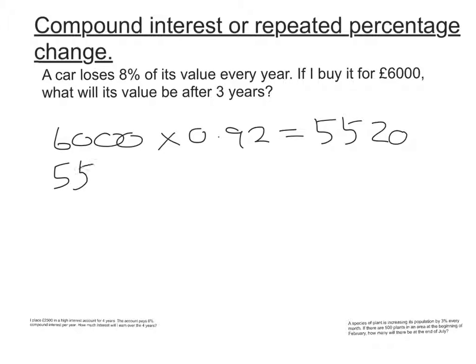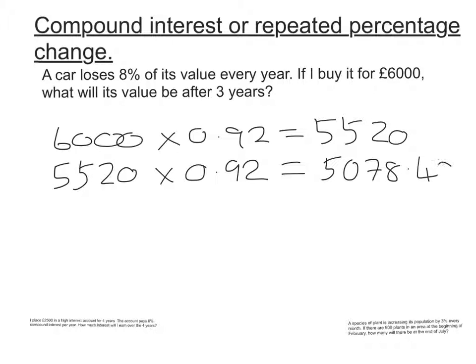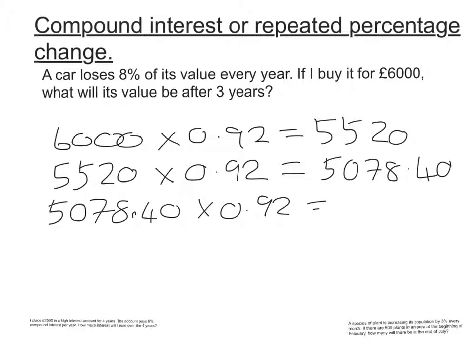How much will it lose then in the second year? Well, its value is only 5,520 now. And again, that needs to decrease by 8%. So I times by 0.92 again. That brings the value down now to £5,078.40. So now at the end of year 2, that's the value. I have one more year, which means it's going to decrease again by 8%. So I take my current value, my £5,078.40, I times that by 0.92,